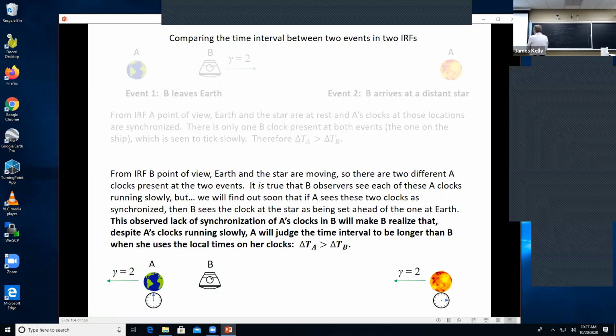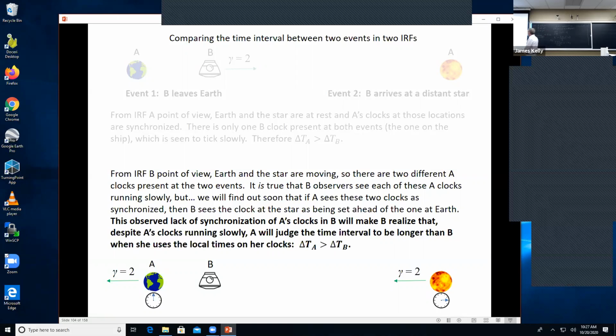Well, the observed lack of synchronization of A's clocks in B, okay, so A is the Earth-Procyon system, is going to make B realize that even though A's clocks are running slowly as observed by B, right? B is flying by Earth and saying, Earth's clock is running slowly there, and as they're coming up on Procyon, Procyon's clock is running slowly there. Still, A is going to judge the time interval to be longer than B when she uses the local times